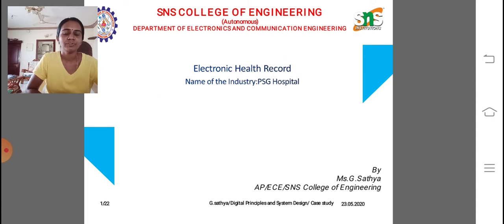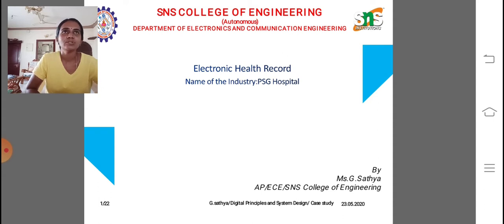We will analyze this topic one by one. From this topic, we are also going to discuss how we are incorporating our design thinking concept. Before entering into the topic, we should first know what an electronic health record is. An electronic health record is a digital version of a patient's paper chart. It consists of real-time patient-centered records that make information available instantly and securely to authorized users.